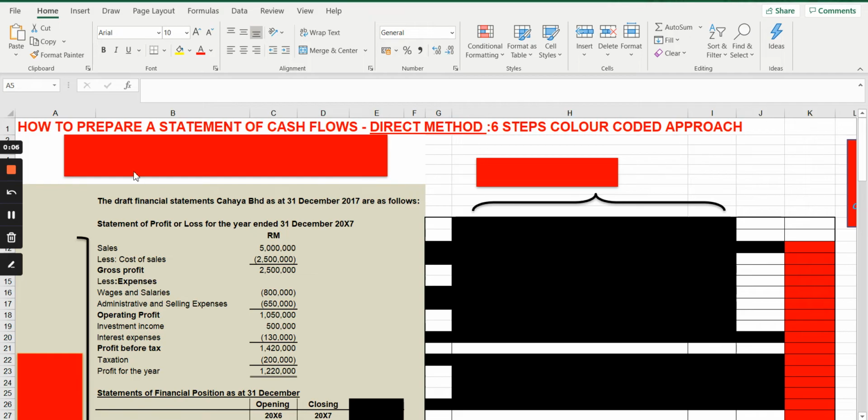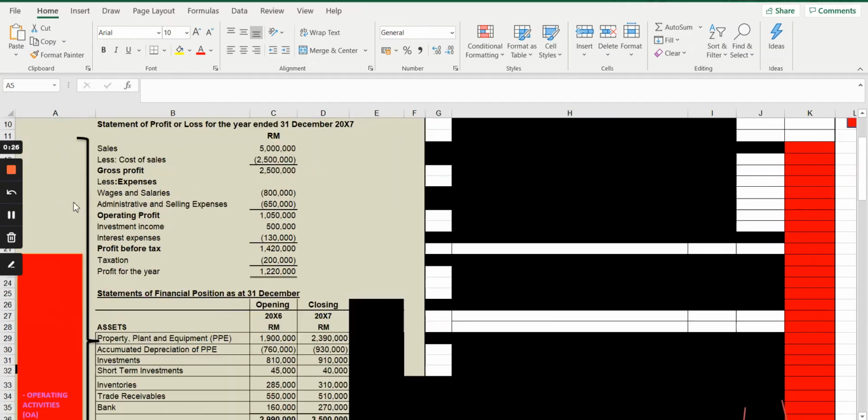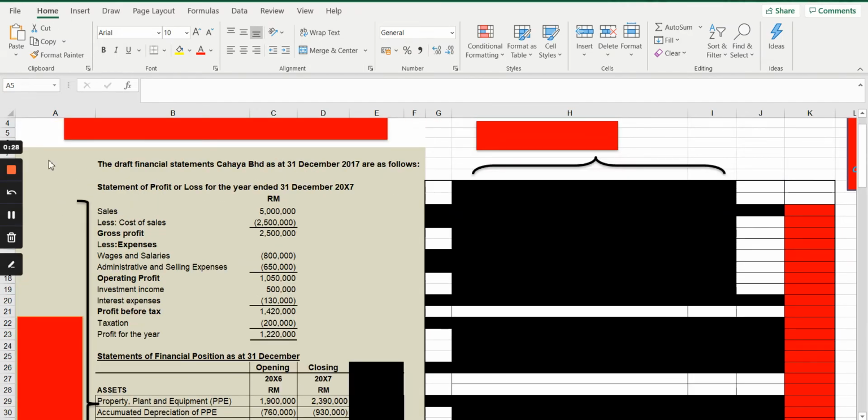Today we are going to prepare a statement of cash flow using the direct method. We're going to learn the step-by-step approach of how to prepare a statement of cash flow using the direct method. We are going to follow the 6-step color-coded approach. So let us start. If you look at the question that I have here with me, this is about